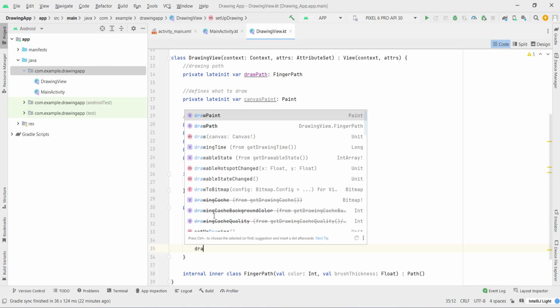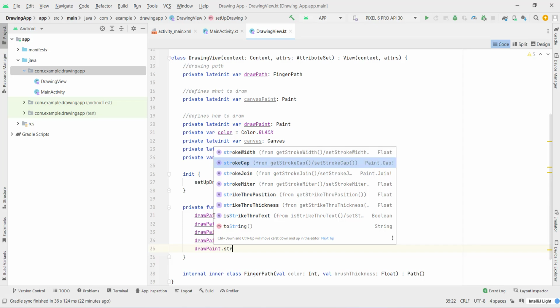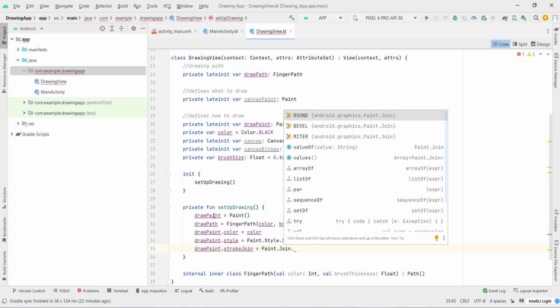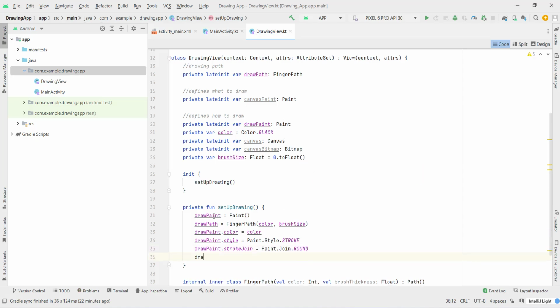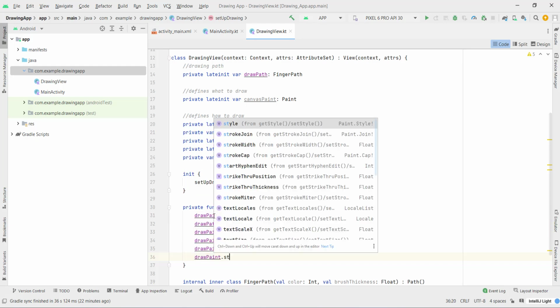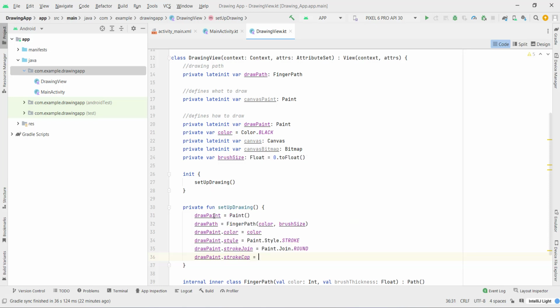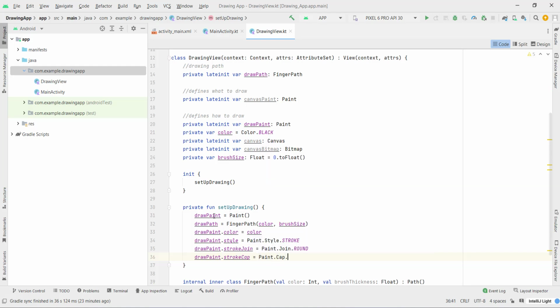Then I'm gonna type drawPaint.strokeJoin equals Paint.Join.ROUND. Then I'm gonna type drawPaint.strokeCap, I'm gonna type equals Paint.Cap.ROUND,